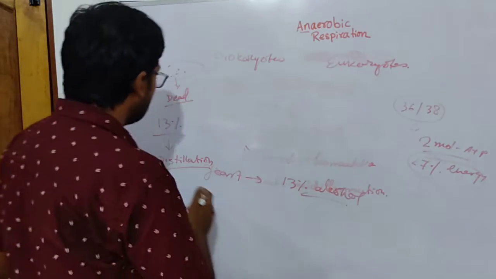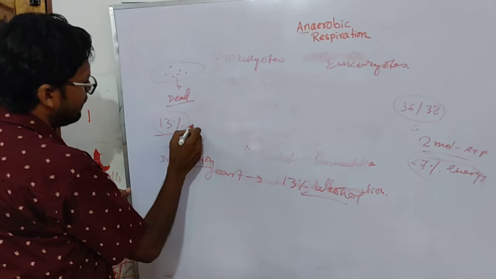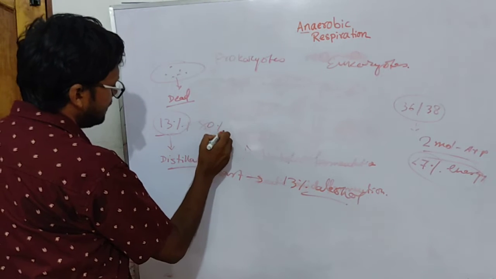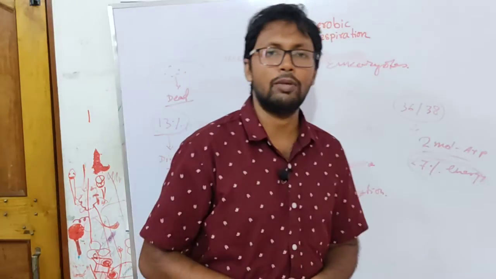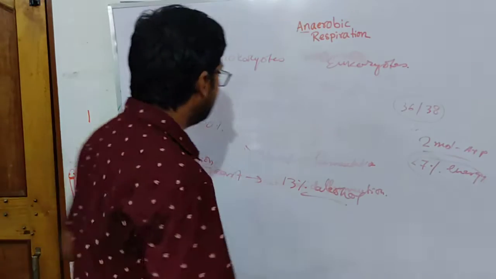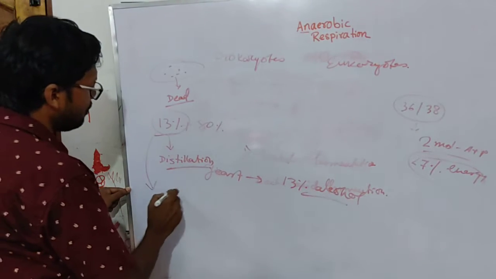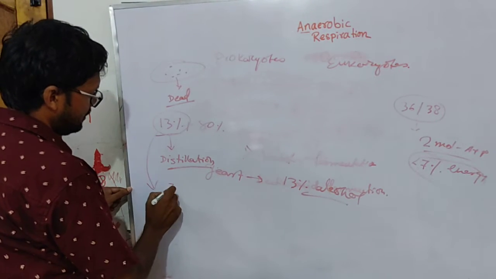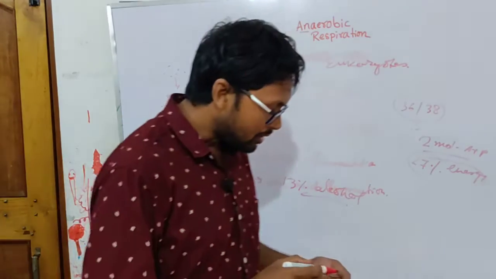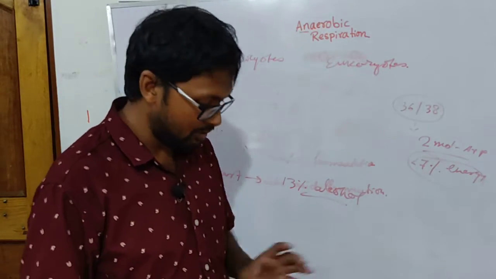That is, the 13% alcohol that we have taken is mixed with more than 80%, or 85-87%, of water molecules. So when you remove the water molecules, then this will be converted from 13% to what? 70%, or as you require, even spirit can also be produced. So this is a procedure of